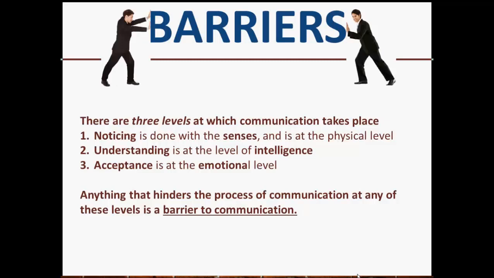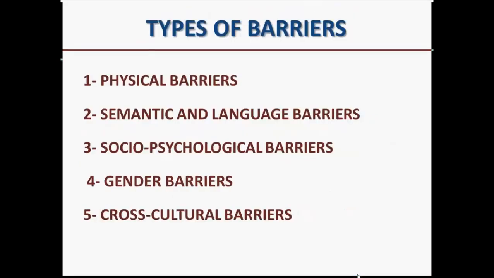They'll have here 5. The other one had 7. Okay, remember the 7: physiological, conceptual, language, and gender, and emotional barriers. We have 7. So here, first one, same, physical barrier. We had language barriers, and here they added semantic barriers, okay? Meaning of words. What does this word mean?